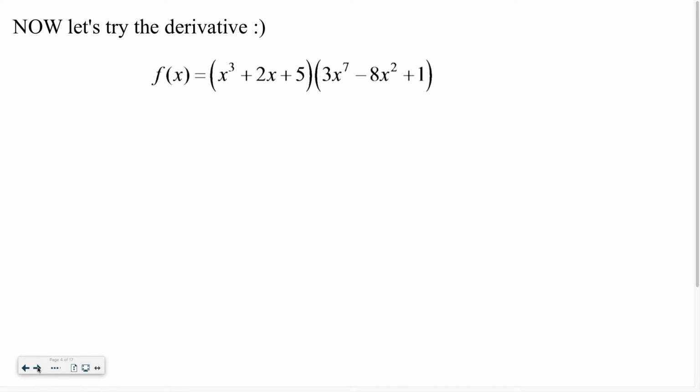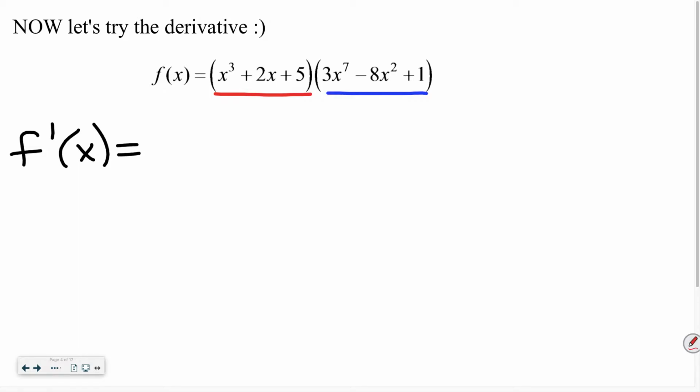Okay. Number 1, do we have a product? If we have a product, then we can use the product rule. Okay? So our derivative, the derivative of our first function. So if this is our function x cubed plus 2x plus 5, our derivative would be 3x squared plus 2. Do you agree? So the derivative of the first times the second,